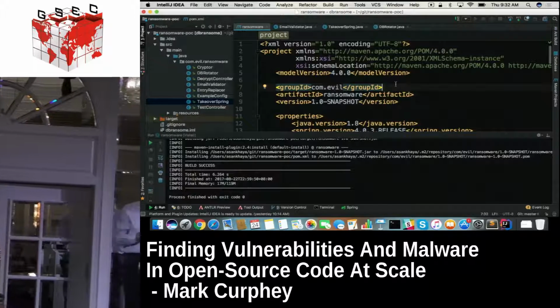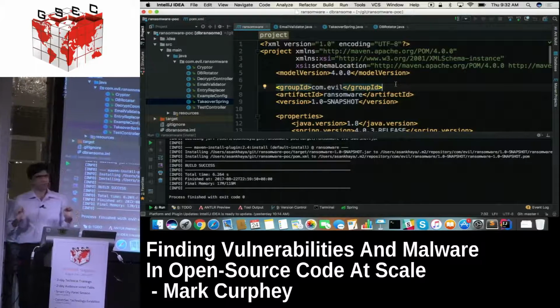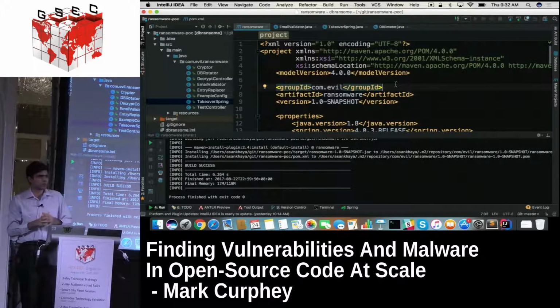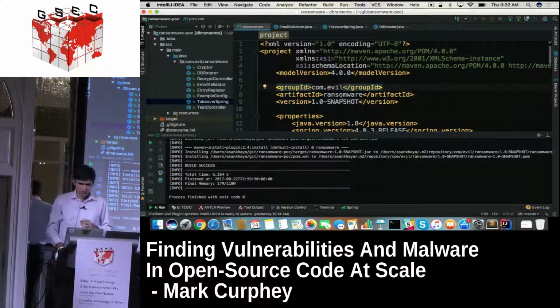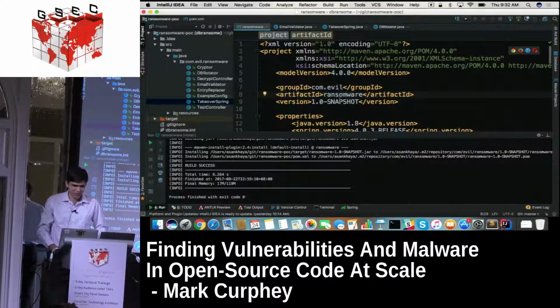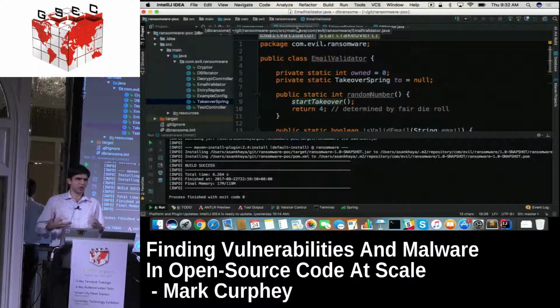All right, so we'll just jump right into the demo. Like Mark mentioned, there are two components. First, we have a library which does something interesting. In this case, it has malware in it, so it's aptly named here, ransomware. But it has some obvious functionality that you would want, or that would fool a developer into installing it.